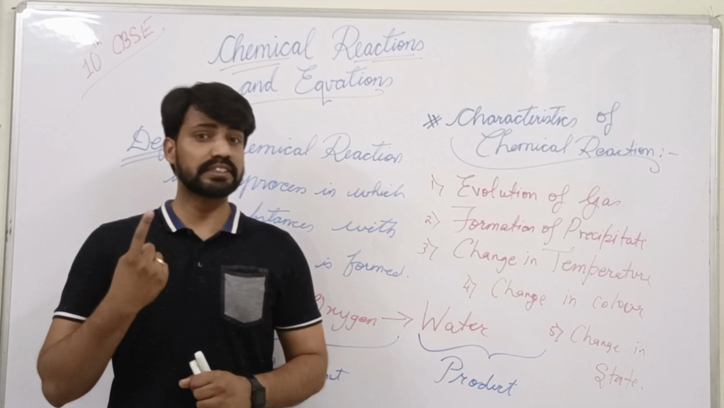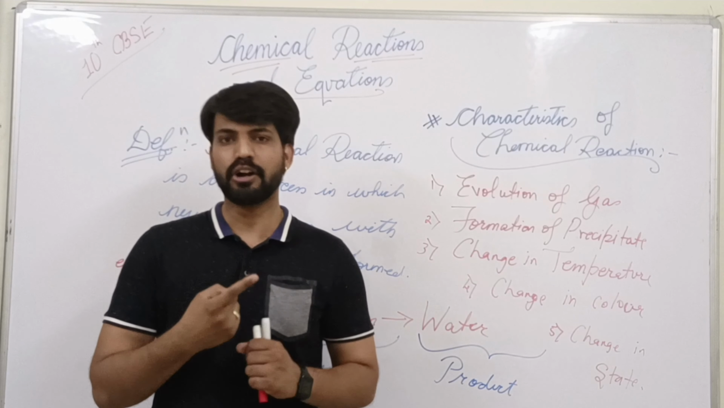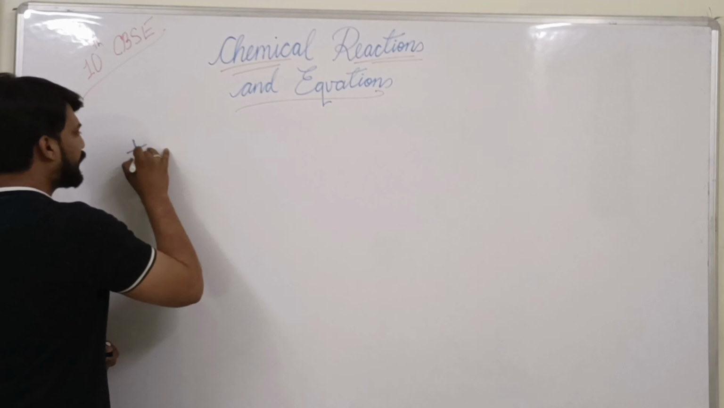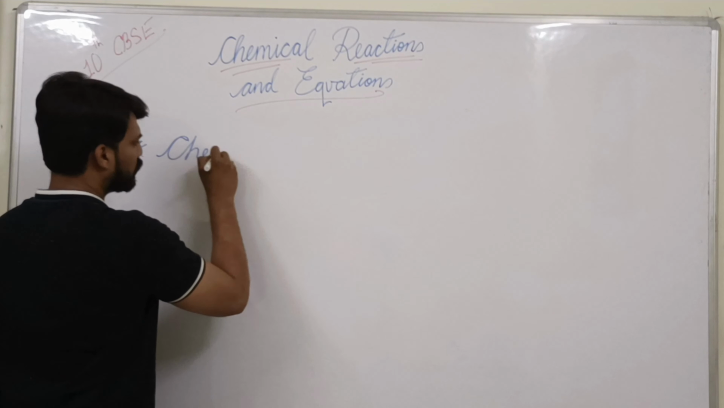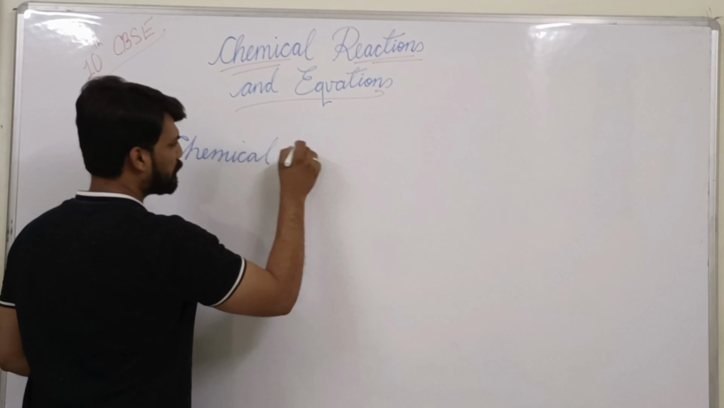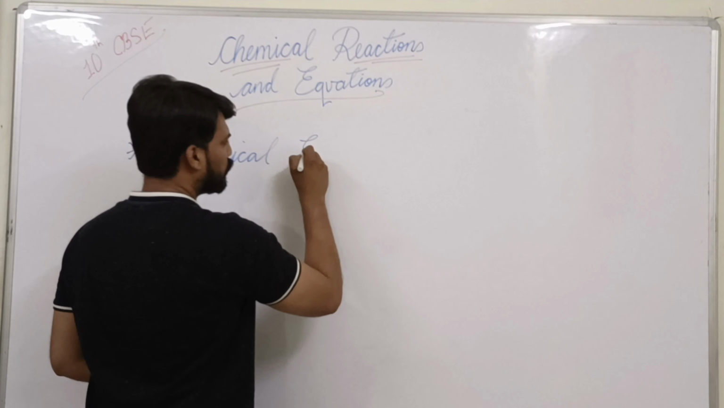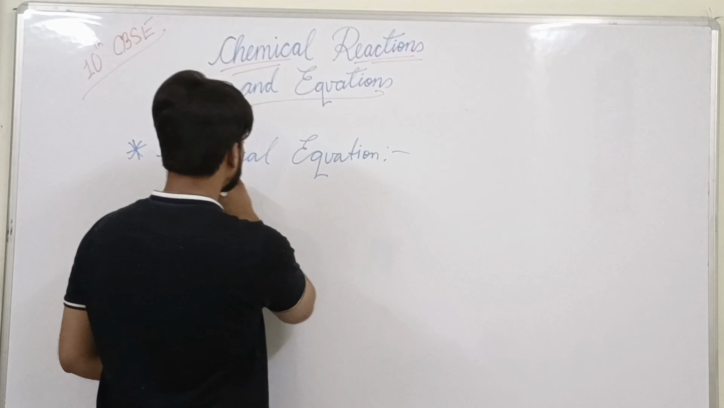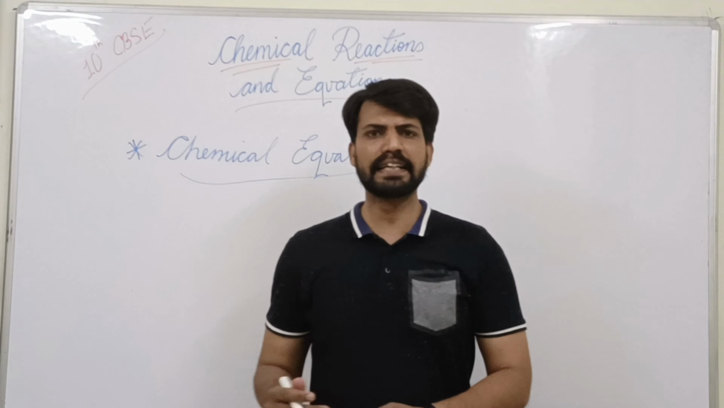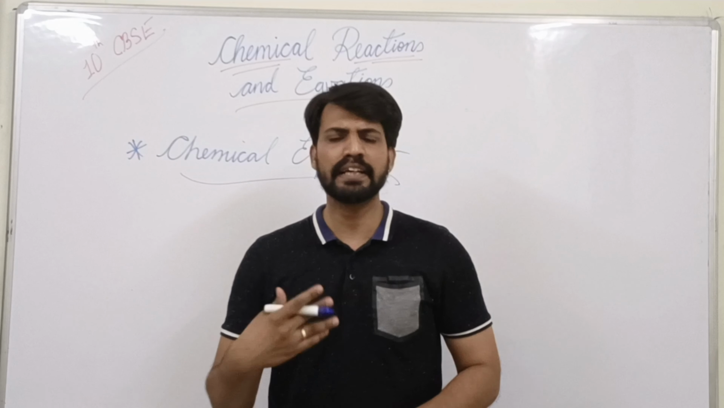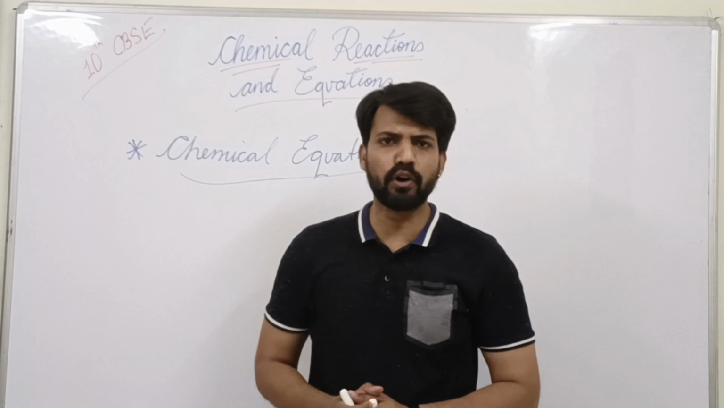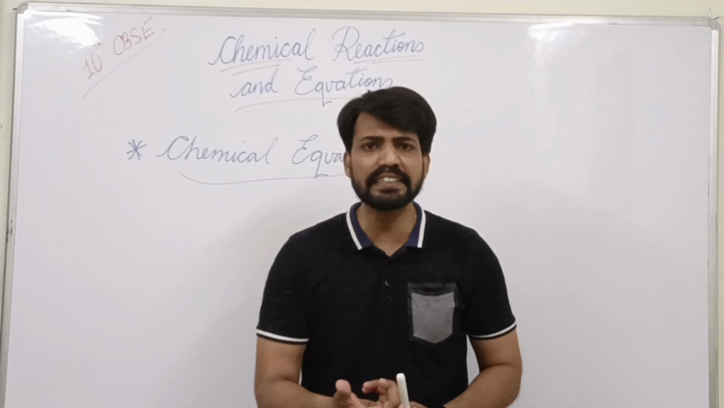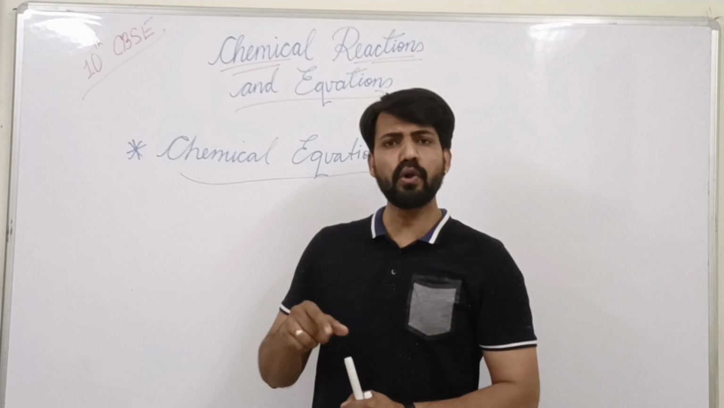Now let's move toward the chemical equation part. So what exactly is a chemical equation? We already learned what a chemical reaction is. In a chemical reaction some substances react and a new substance is formed. In the example we saw, hydrogen plus oxygen react and we get water as the product. Whenever this chemical reaction is represented with the help of symbols and formulas,